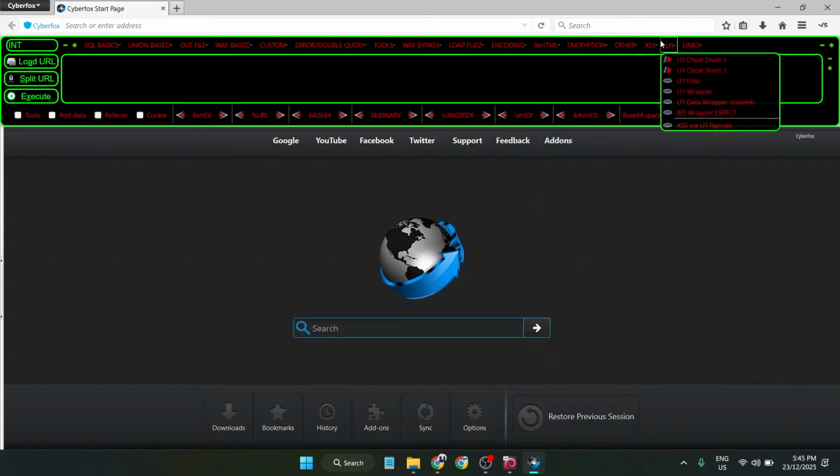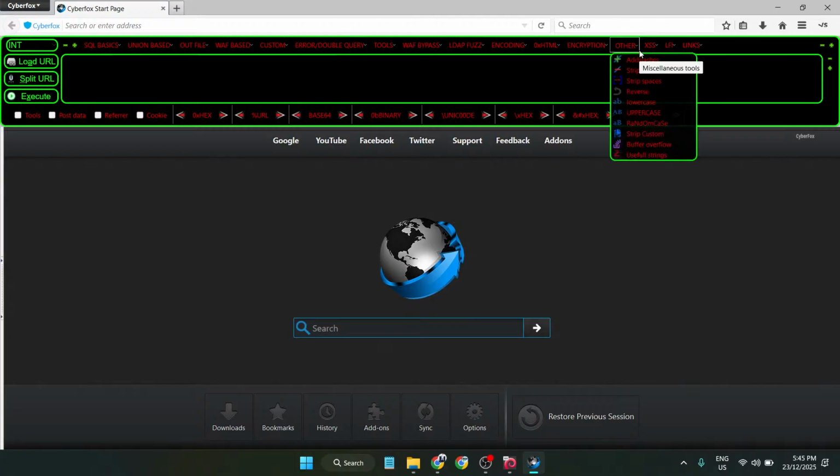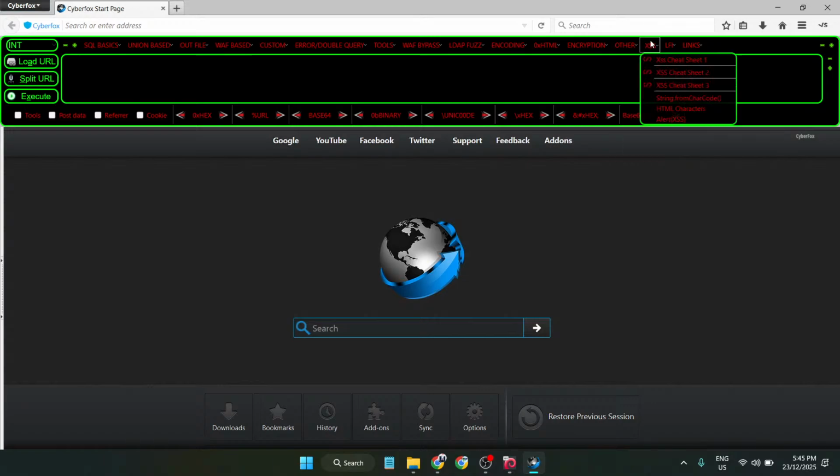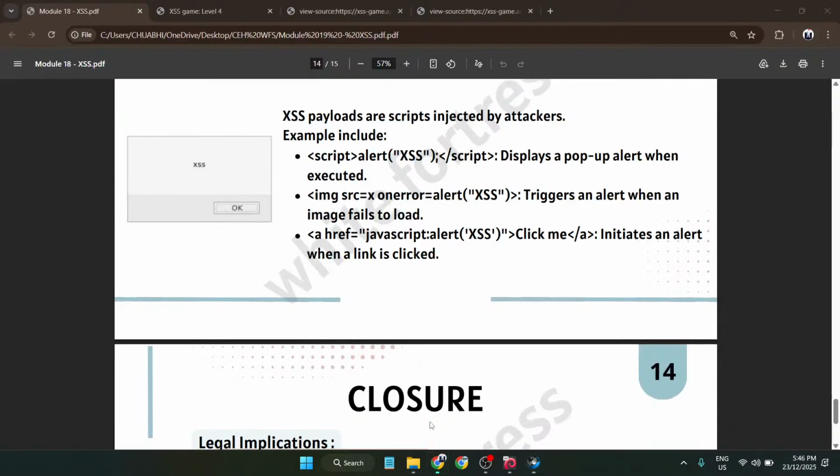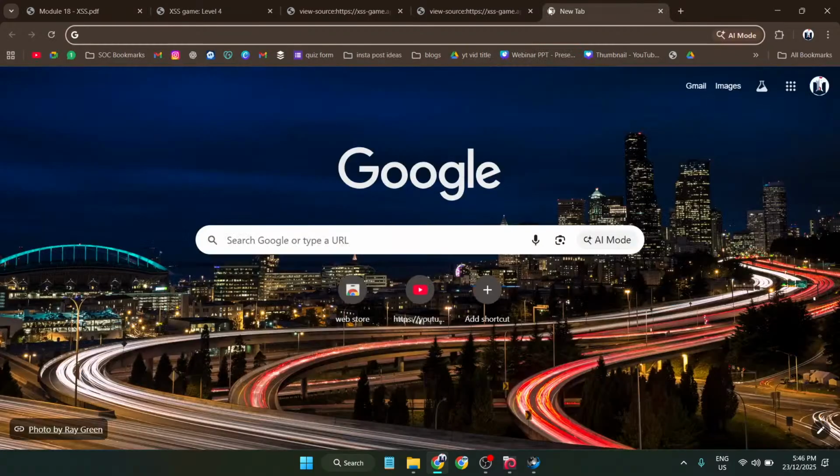If you guys don't remember or don't know from where to get this hack bar stuff, you can just look for the SQL injection video. Okay, we got this hack bar from there. Cyberfox is the browser that we had, and